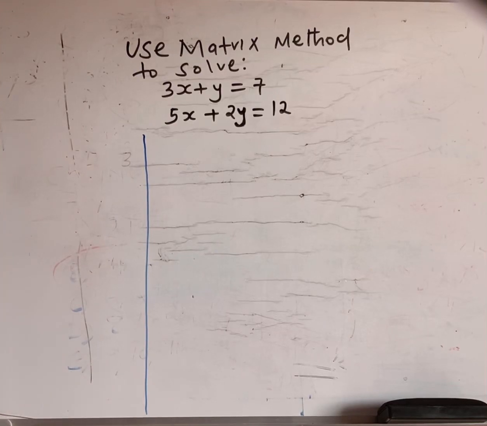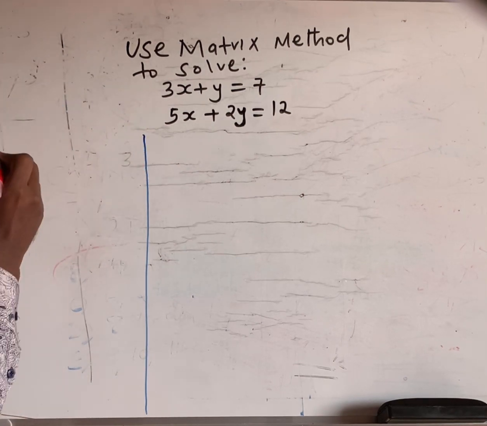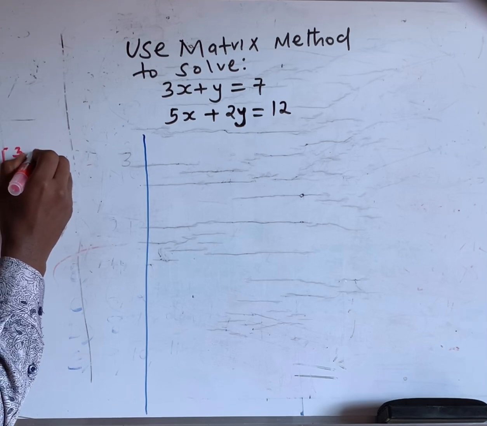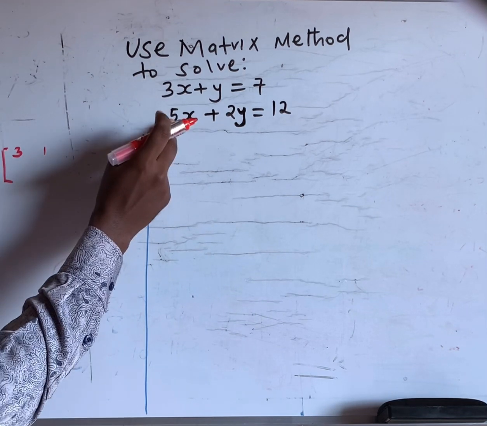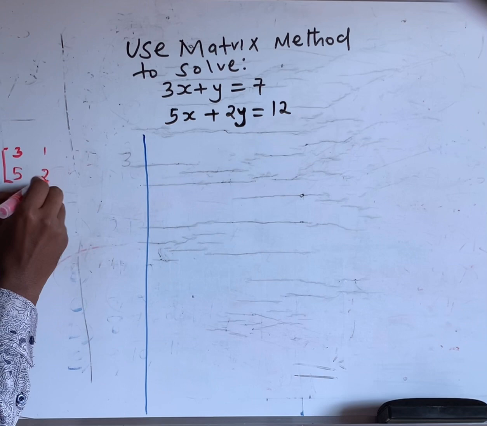Solve this question using matrix method. We are going to form first a matrix equation. The first matrix we are going to write is the coefficient matrix. The coefficient matrix is 3, 1 for the coefficient of y, 5 for the coefficient of x, 2 for the coefficient of y in the